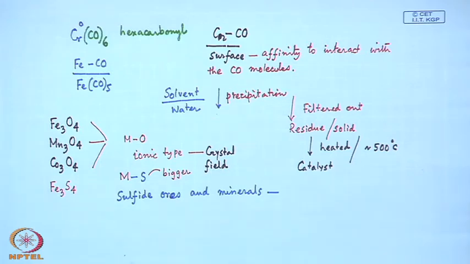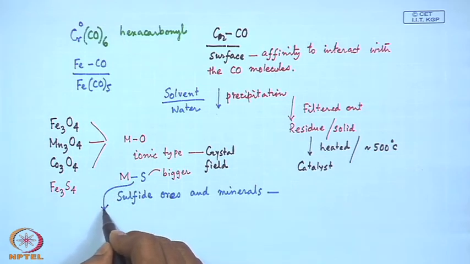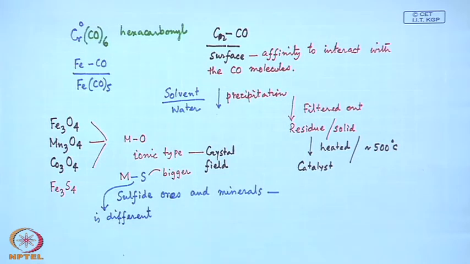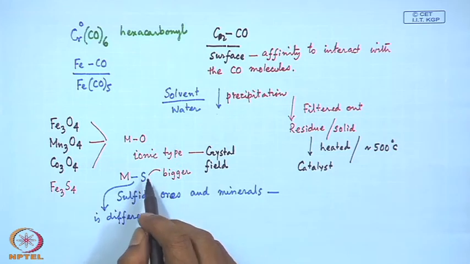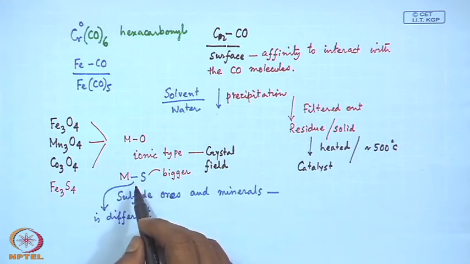So, the nature of these interactions between the metal center and the sulfur is different, and due to the bigger size of sulfur it will be easily polarized, and due to its affinity for polarization and its bigger size, we can expect that the metal sulfur bonding will have some amount of covalent character,